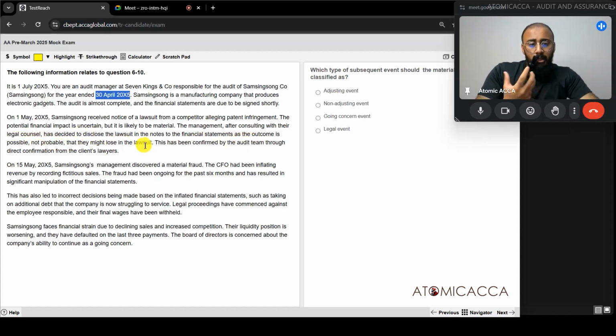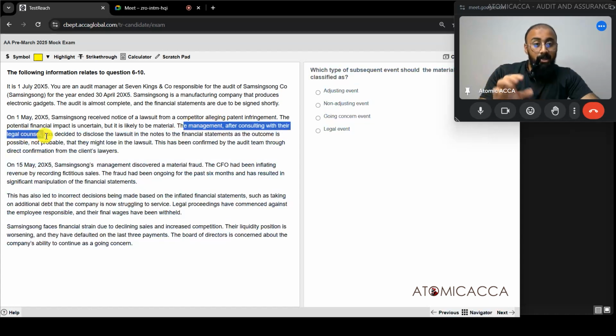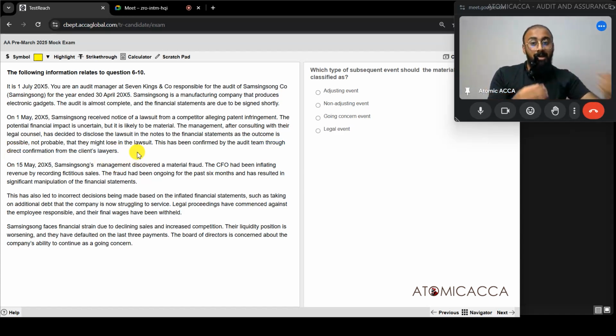So we know according to IAS 37 provisions, contingent asset and liability, when the payment is only a possible situation to happen, and if it is material, you need to only disclose it, you don't have to show it in your financial statement. So no adjustment is needed. Then this has been confirmed by the audit team through direct confirmation from the client lawyers. Previously, client is consulting with the legal counsel and confirm this, and the same thing audit team also confirm with the client's lawyers. What does direct confirmation mean? They didn't take a confirmation from the client company about what legal counsel told, rather they contacted the lawyer directly and got a confirmation that this is only a possible situation, so which means disclosure is correct, there's no accounting problem over there.